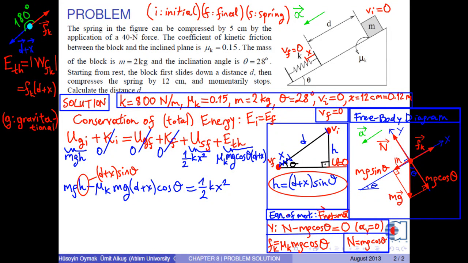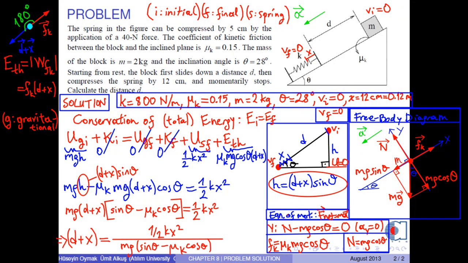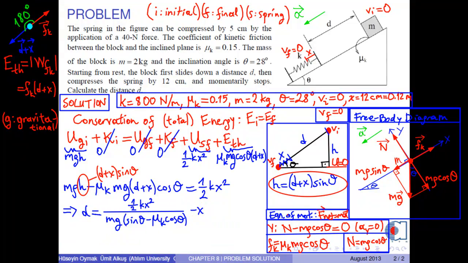On the left hand side, m times g times (d plus x) is common. From this, if we divide both sides by m times g times (sine theta minus mu k times cosine theta), we obtain d plus x as, or if we take x from the left hand side to the right hand side, we obtain an expression for d as,